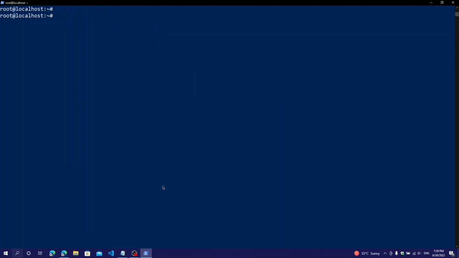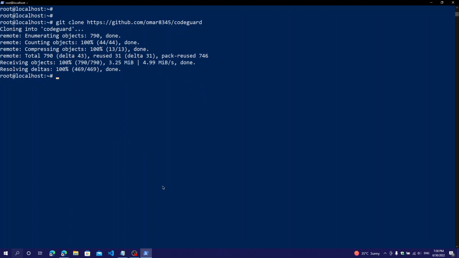Just clear this up and git clone https://github.com/oma8345/goodguard. Click enter, we are done. Now we'll need to connect using Visual Studio Code and put our code in it, but we have already cloned the repo. What you'll need to do now is install nginx.